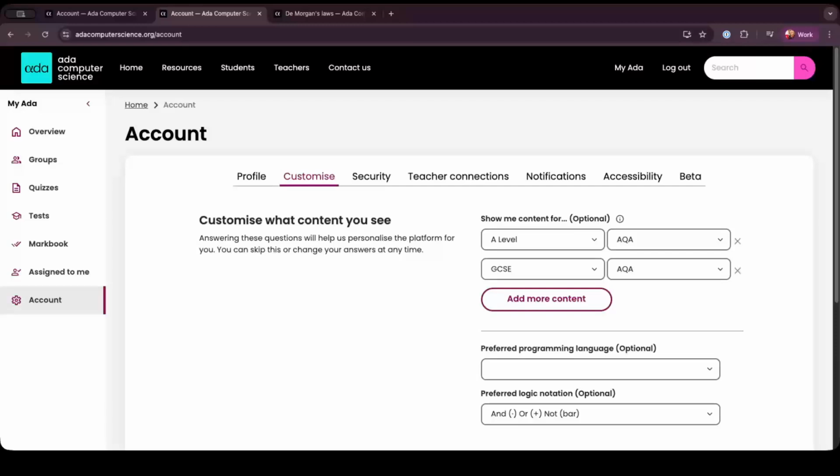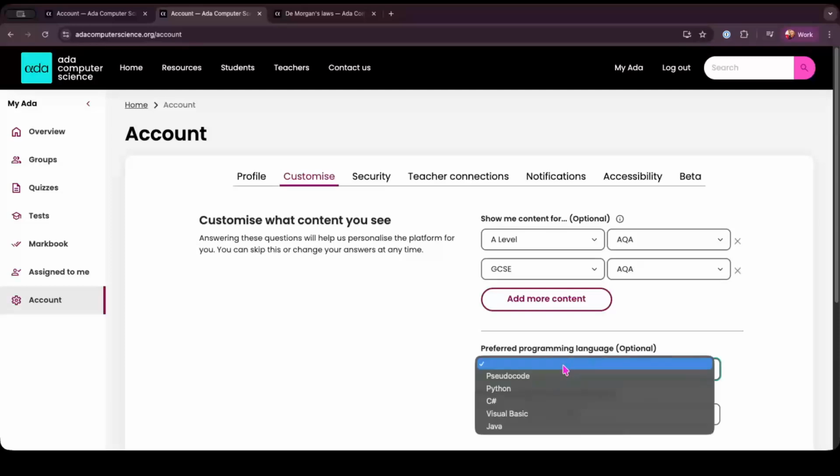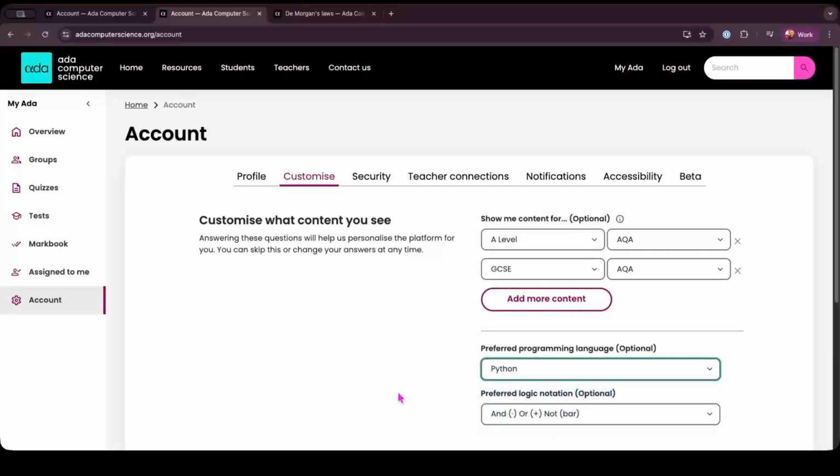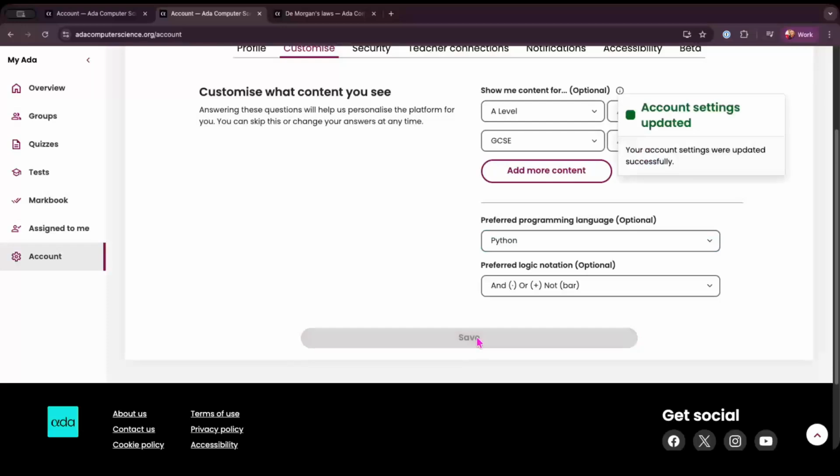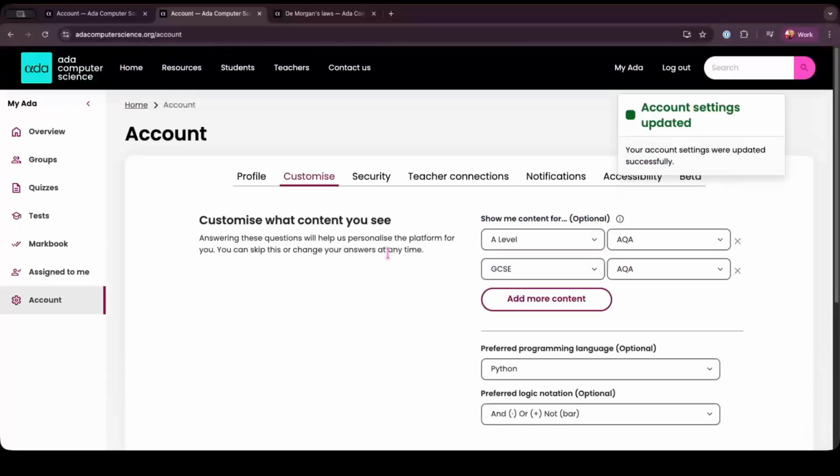Also on the Customise tab, there is another option to change your preferred programming language. You can choose from 5 options, which correspond to the languages used to demonstrate algorithms. For example, I'm going to choose Python. I'm going to click on Save, and then if I go back and locate